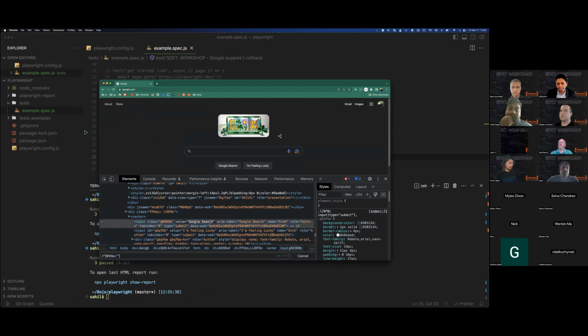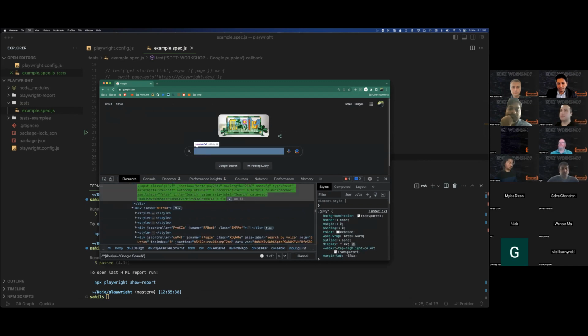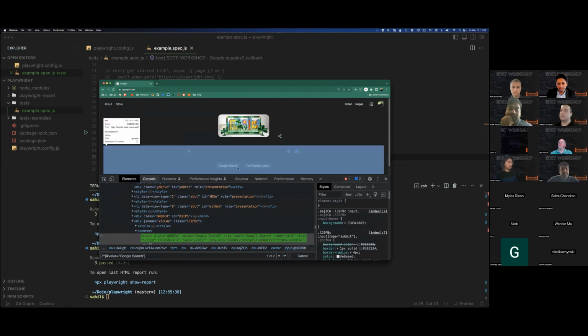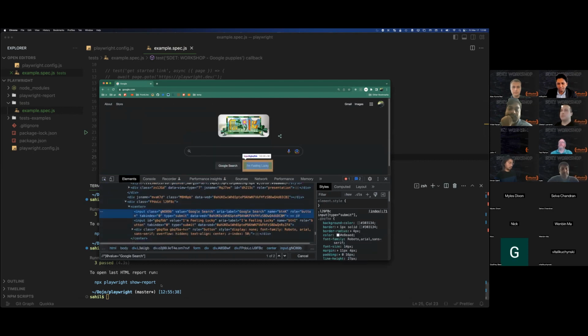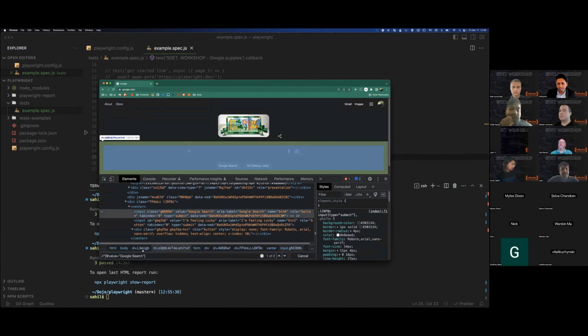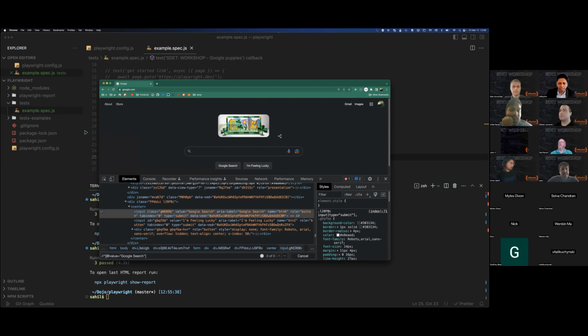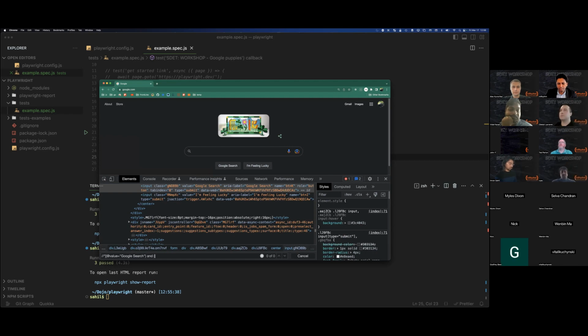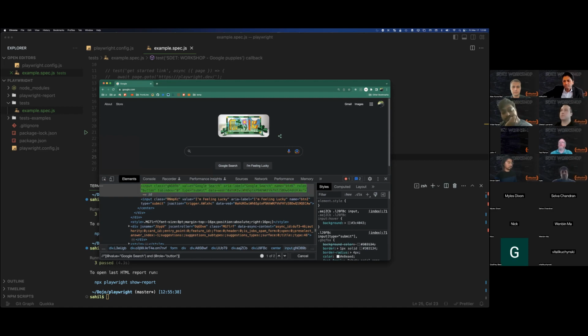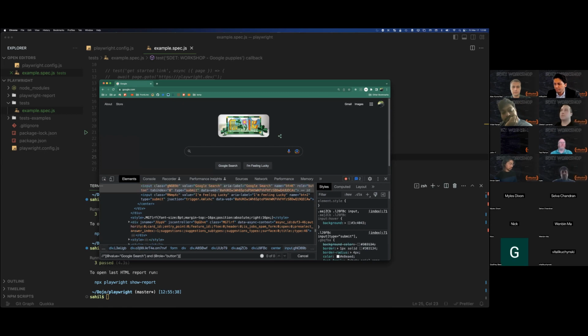Okay, let's use value equal to this, and then let's add one more, role equal button. Okay, I could just index it for now.